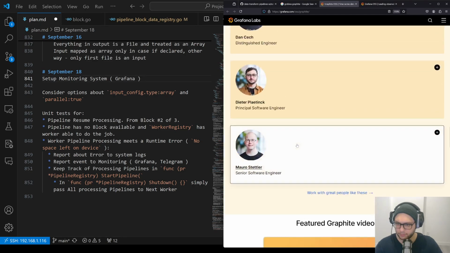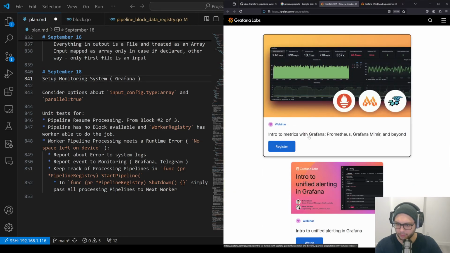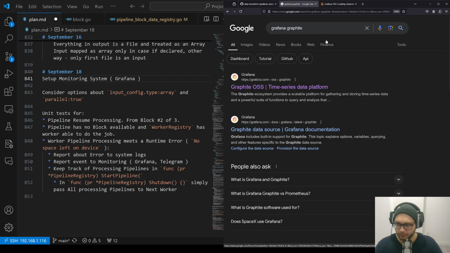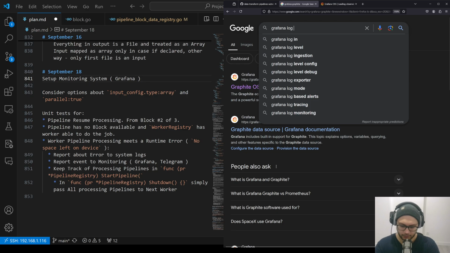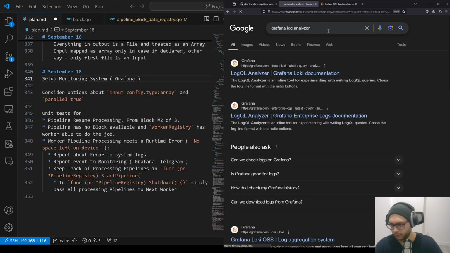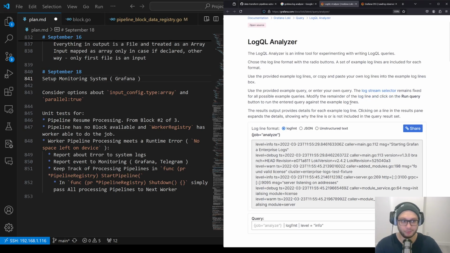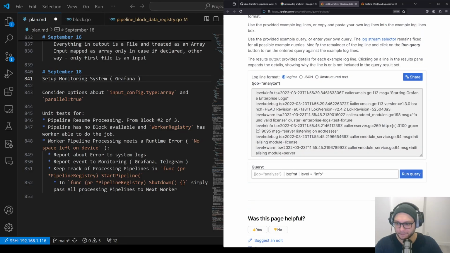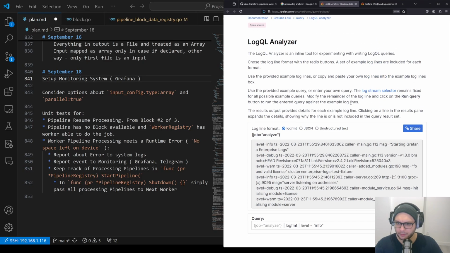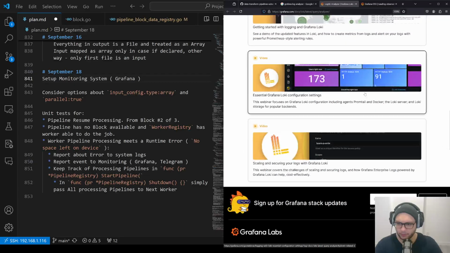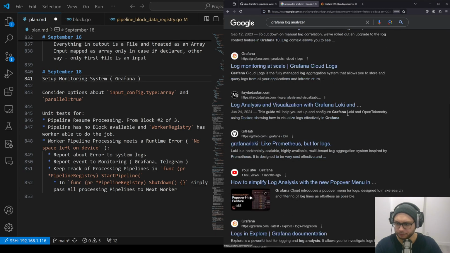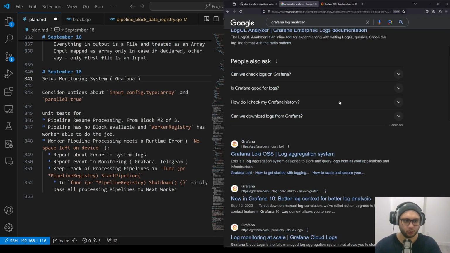Did that system die? What? Grafana log analyzer. Possibly it's no longer existing. Okay, it wasn't that. Log stream. Okay, I will need to scope through this, because back in the day we had Google Logs where